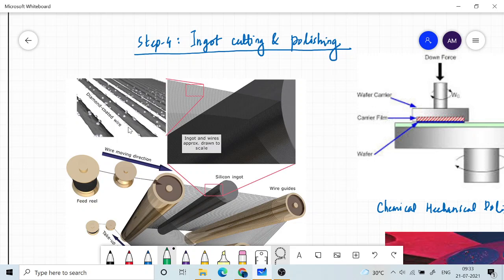Wafer thickness ultimately is something like a fraction of a millimeter, some 700 micrometer, so 0.7 millimeter or 0.8 millimeter. This is the kind of thickness that we require with a single wafer, because we need to produce as many wafers as possible, and so that means we need to decrease the thickness of the wafer.